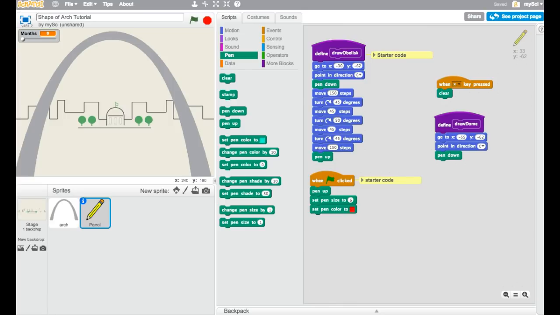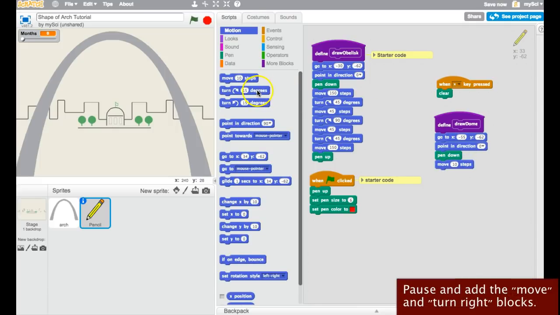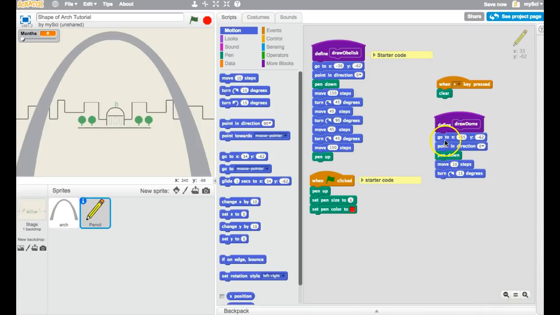Now, to make a curve in Scratch, we're going to want to tell the pen to move a certain distance and then turn right away. So we find these commands in our Motion tab. We'll grab the Move and we'll grab the Turn blocks. Now, if we just run our code like this, we'll click on the flag to reset everything, then click on the Define Draw Dome. We notice that we get a straight line,